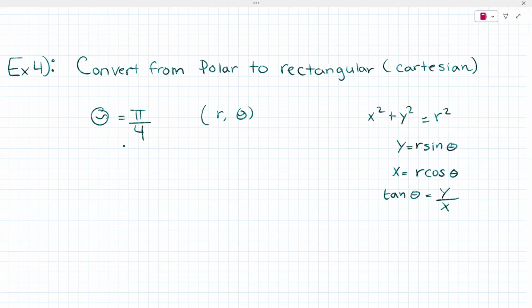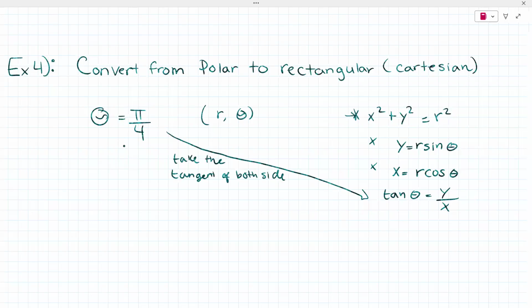Okay, what would I do? What if I related to the tan theta? So would that even help? I think it would. Because we don't have an r. We can't use this, this, or this. So we have no choice but to use this. So what I would have to do is take the tangent of both sides,